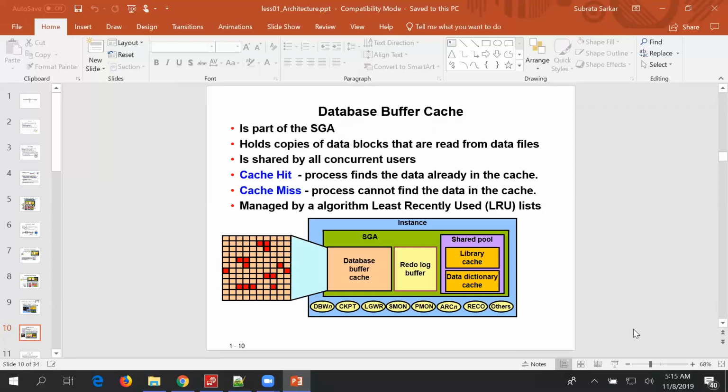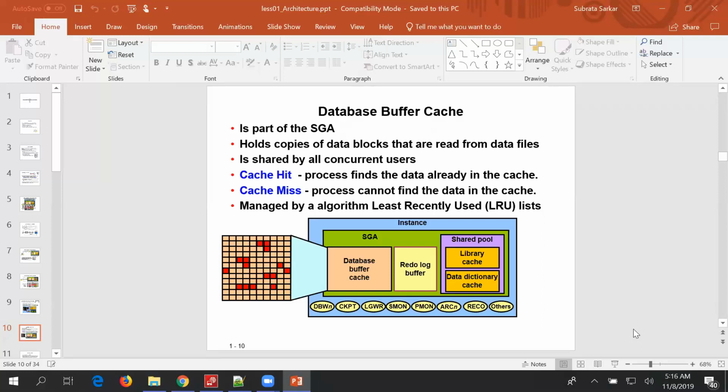Remember, when you issue, suppose, an update statement, the update statement will not directly update the data file. What will happen is, if the row is already present in the database buffer cache, it will use that row, which is a cache hit. If the data is not there in the database buffer cache, then the Oracle server will retrieve the data from the data file on disk into the database buffer cache in memory.